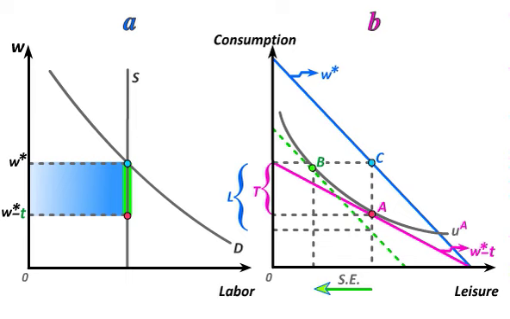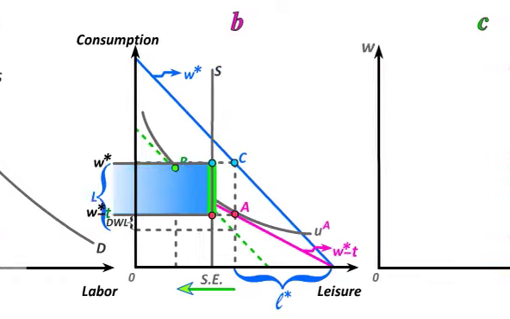This lump sum amount is indicated here as the distance L. The difference between how much we could have taken and how much we actually got in a tax payment, the difference between L and T, is the net deadweight loss that's caused by the substitution effect in panel B. The difference between a worker's leisure endowment and the amount of leisure he actually consumes is equal to the amount of labor that he supplies to the market. This is indicated here as the distance L star.